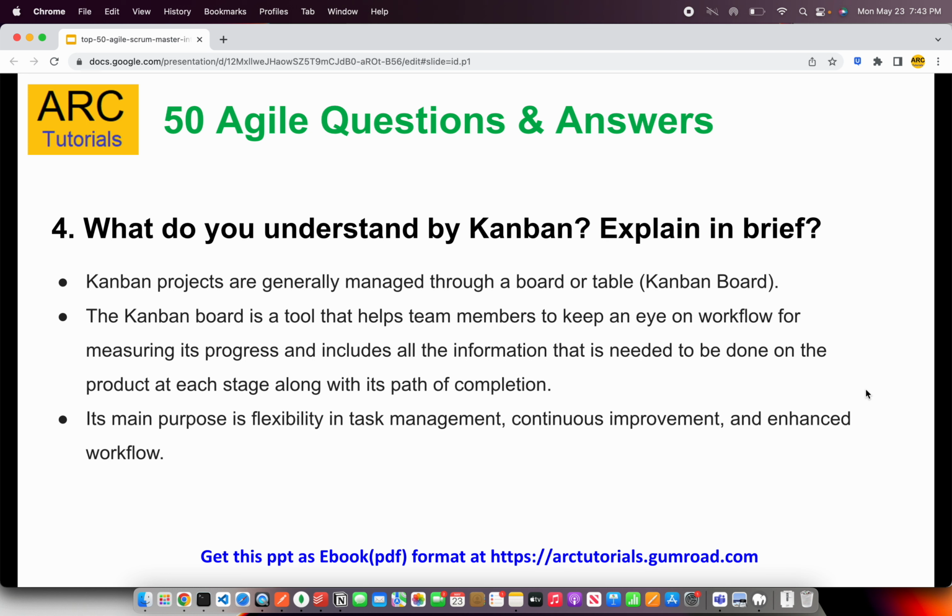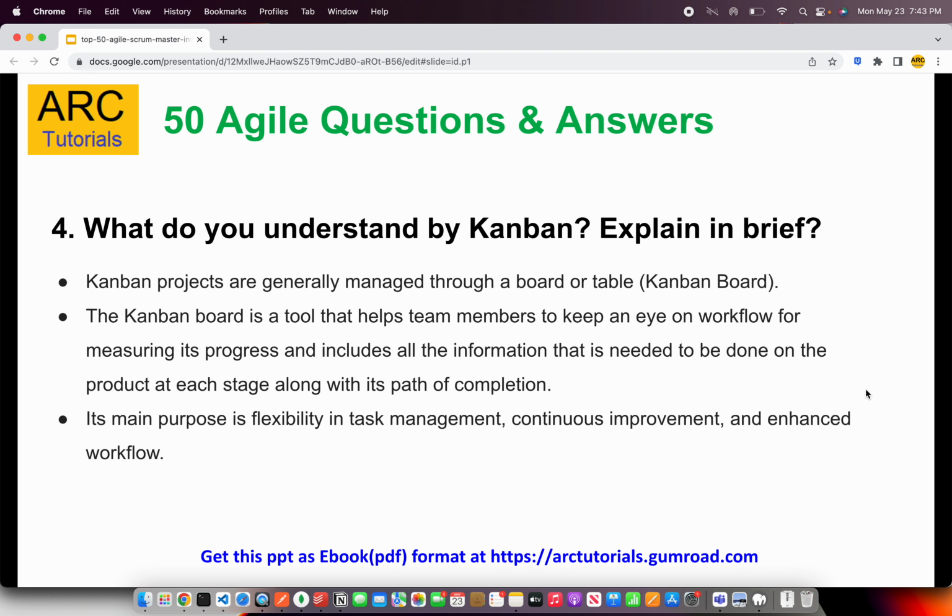Now, what do you understand by Kanban? Kanban projects are generally managed through a board or a table. The Kanban board is a tool that helps team members keep an eye on the workflow to measure its progress, and includes all the information that needs to be done on the product at each stage along with its completion. So in short, Kanban is a type of Agile methodology